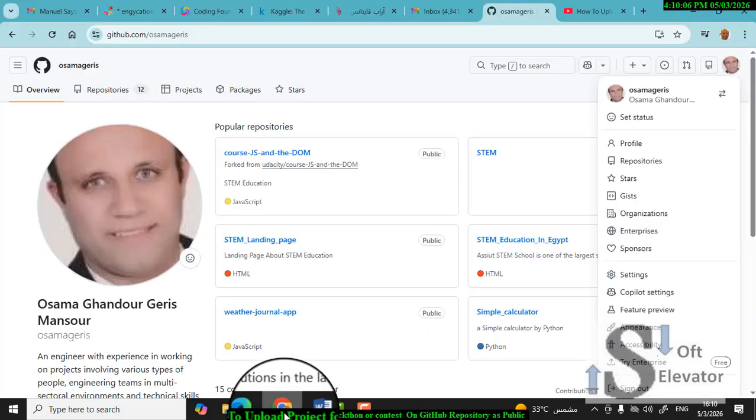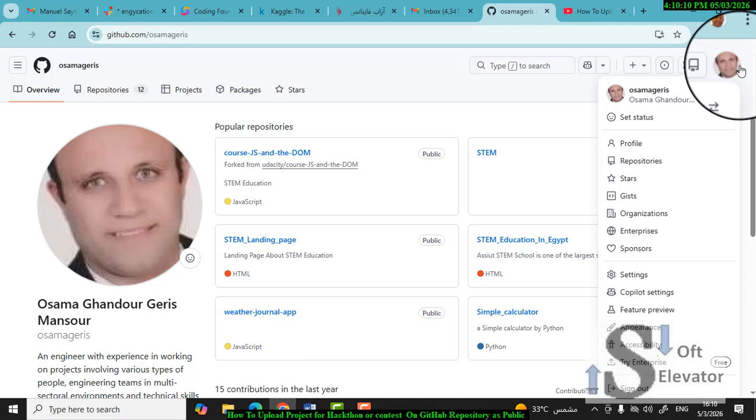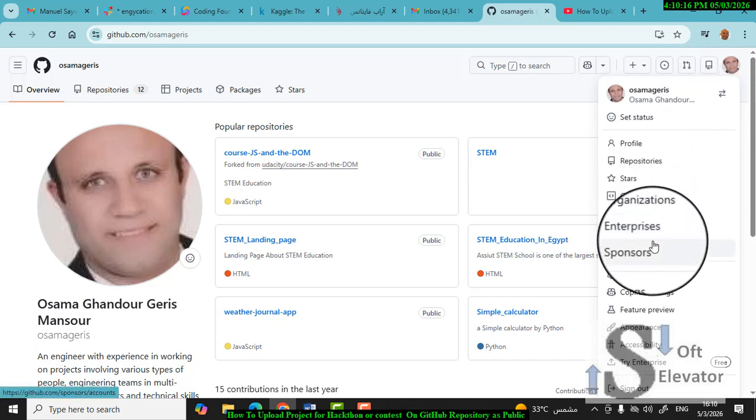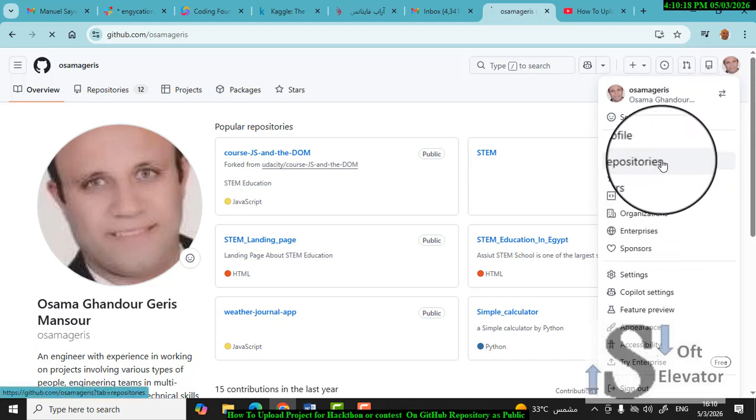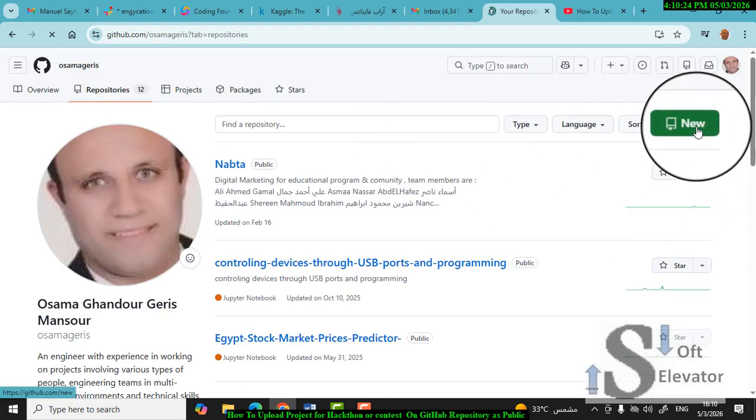First of all, you have to sign in to your account on GitHub like this, and click on the image at the top right, and then search for repositories here. Click and press on new repository,